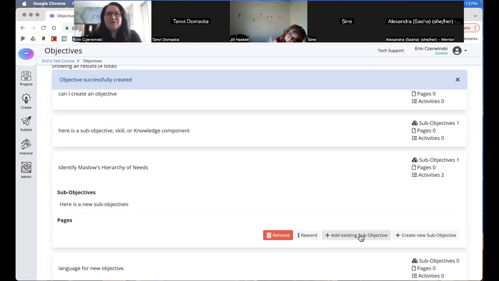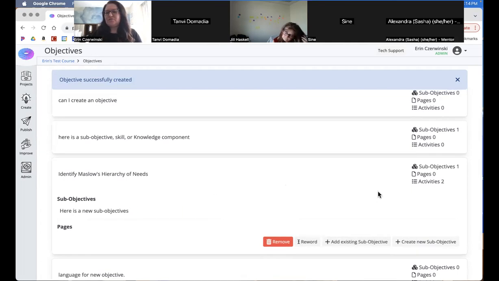An example would be a biology course where you need to identify different cells, animal versus plant, but then you have a unit where you're really having them identify different plant cells. You might want to use that same sub-objective in different areas of your course.